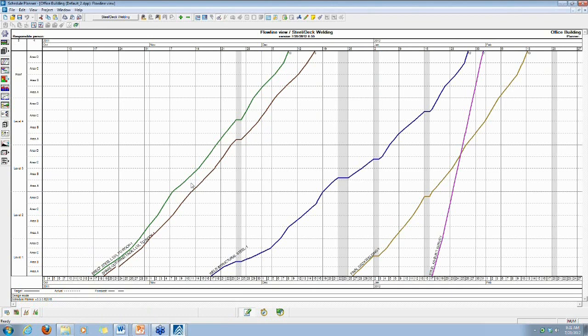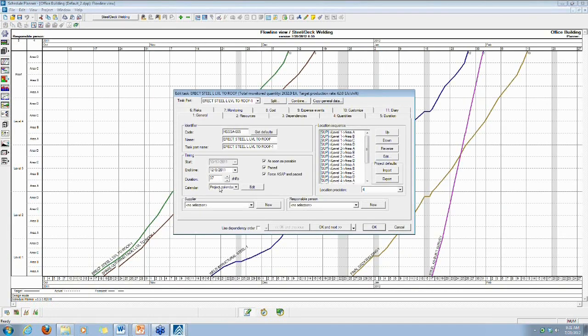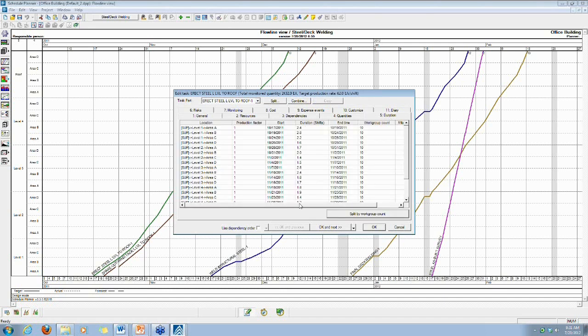For example, our erect steel task has been defined as a total duration of 37 shifts. If we look at the individual durations for this activity, you can see that we were able to